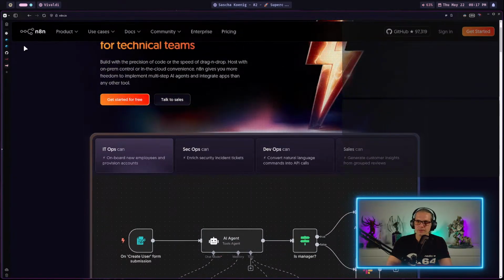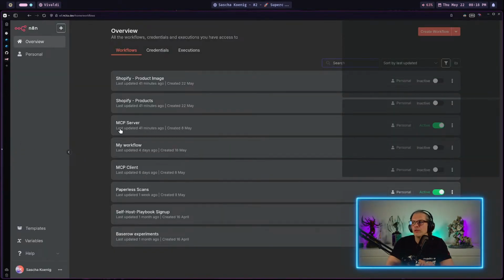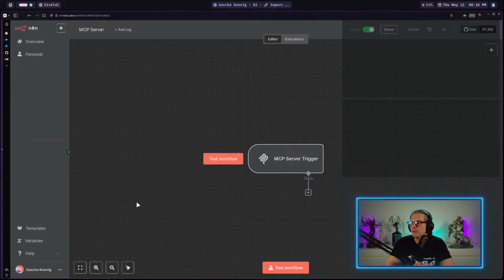In my case, I have a self-hosted variant, and I've just prepared an MCP server trigger here, and that's an empty MCP server right now that I can assign tools to,